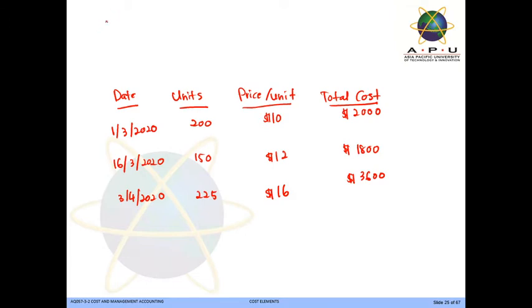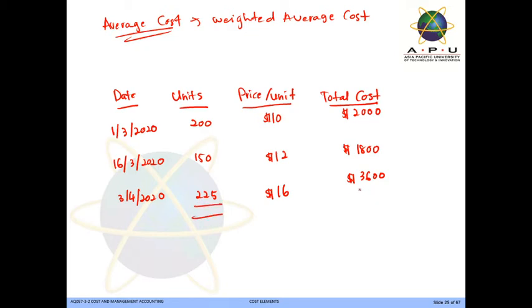We call it average cost, or weighted average cost. With this one, we calculate the average cost per unit based on units and total. Normally we take the average price, so that we calculate the cost of goods sold and the inventory based on the average price that we get from the total cost divided by units. So from here,